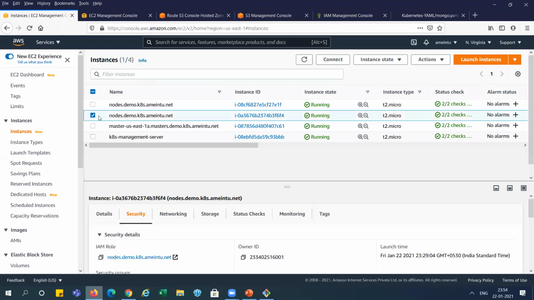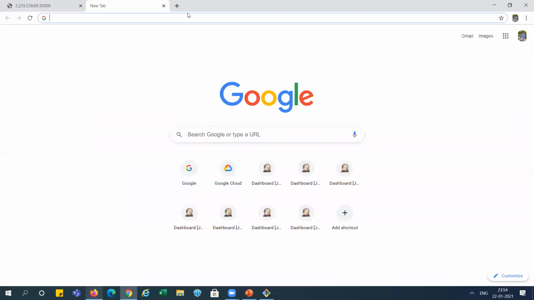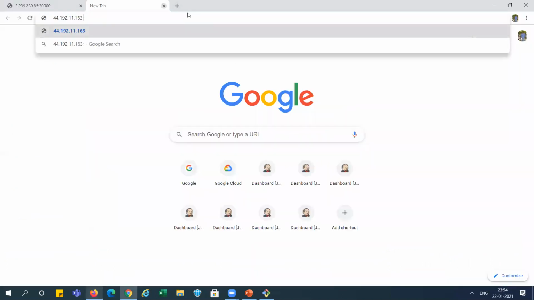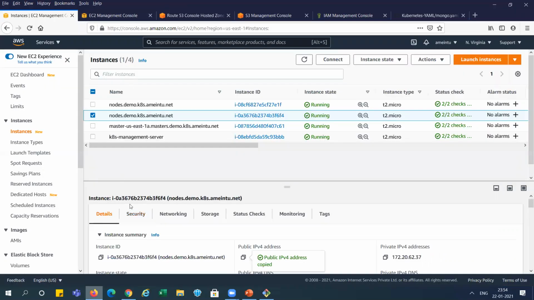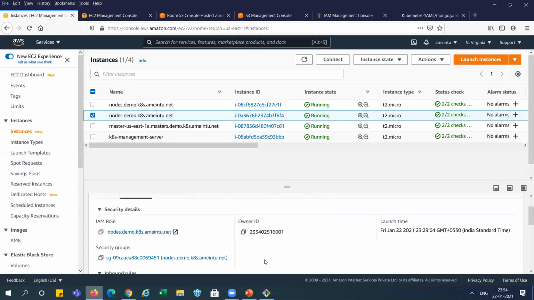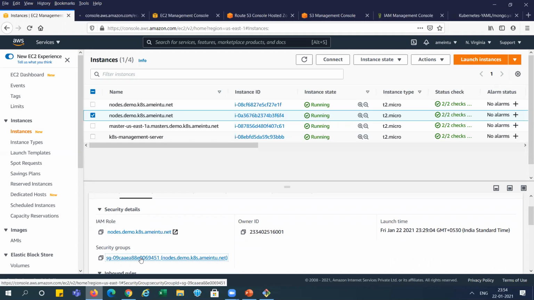this node, right? You can see here, the public IP is this one. I'm copying it and running it here, colon 30,000. But again, it will not run because we have not exposed that port over here in security. Let me expose the port over here.